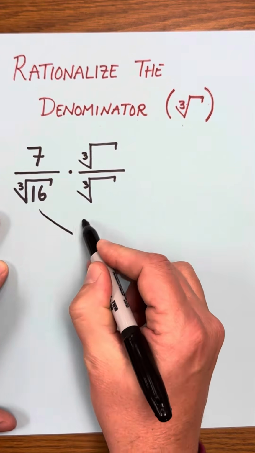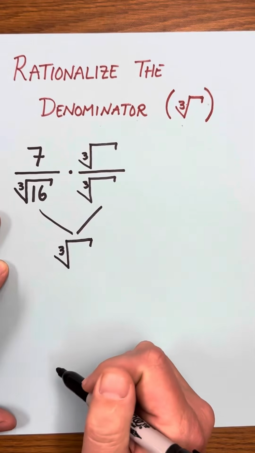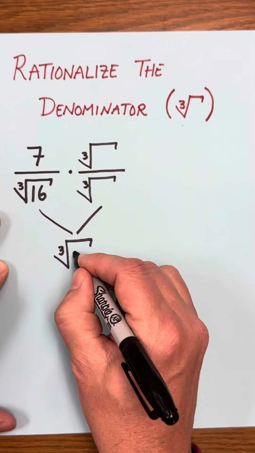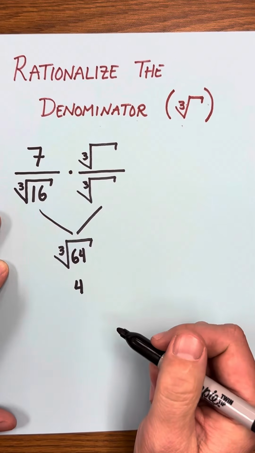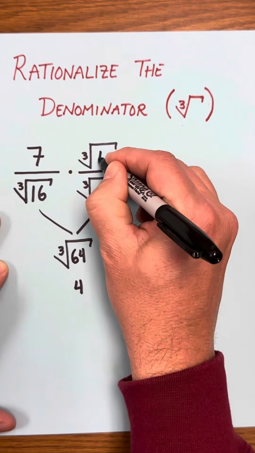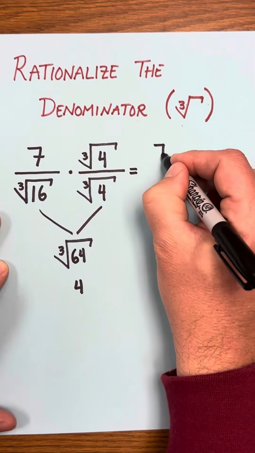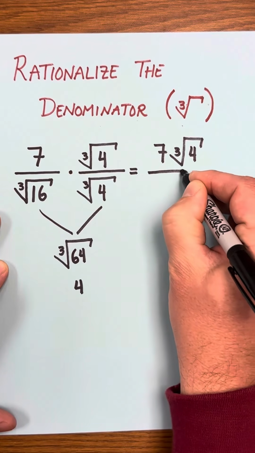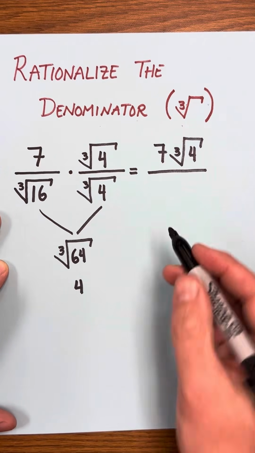We want these two numbers, when multiplied together, to make a cube root of a perfect cube. So you need to know some of your perfect cubes. For example, I know that the cube root of 64 is 4, and I also know that 16 times 4 would give me 64. So if I multiply these together, we have 7 times the cube root of 4 divided by, and I've already done this math down here, multiplying these together and then simplifying the cube root,